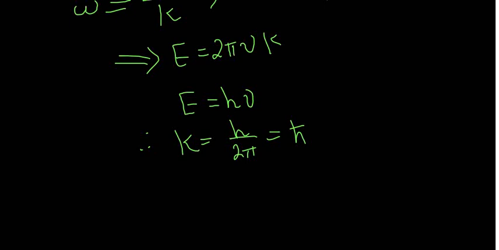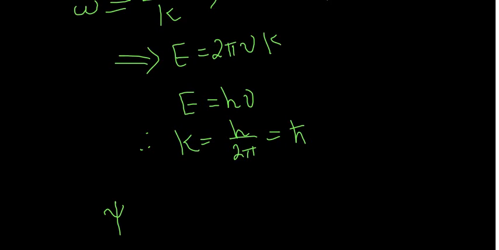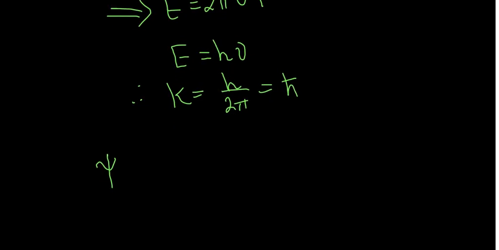So that was the last thing we got to in the last video. We were trying to get the value of k, the constant, to clear up the units in the phase of the mechanical wave function. Okay, so now the mechanical wave function will take the following form: psi equals A,